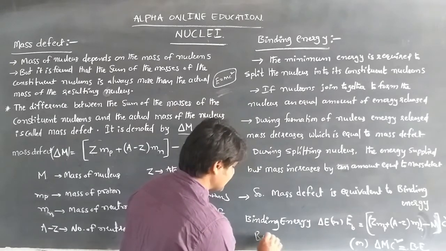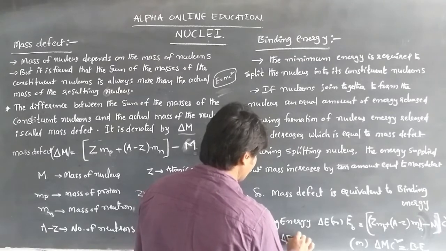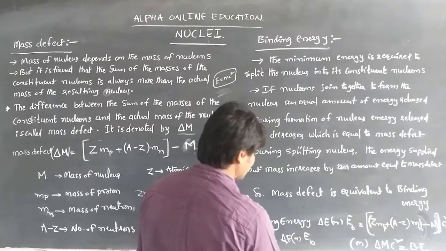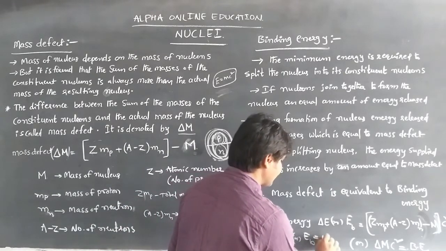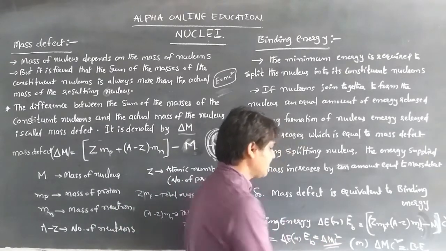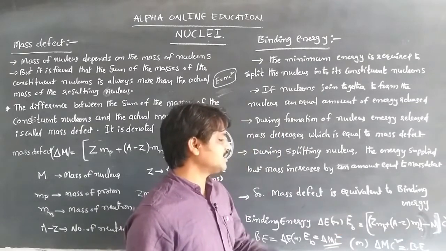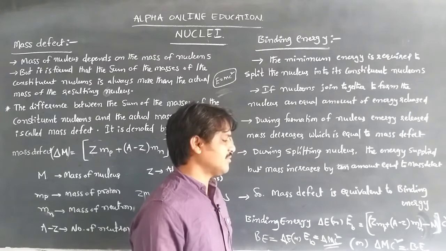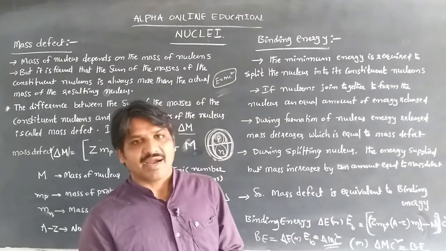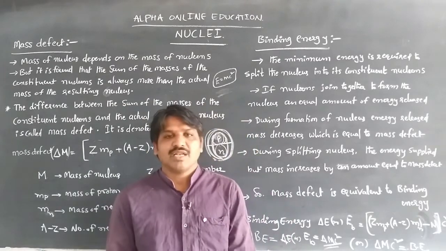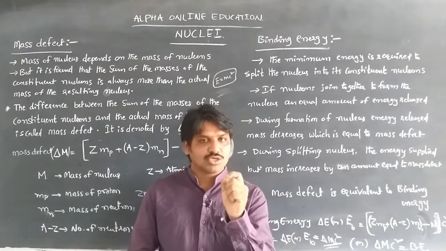The binding energy can be denoted by ΔE or E_B. So the binding energy is equal to the mass defect Δm·c², where Δm = Z·Mp + (A − Z)·Mn − M, the mass defect. So once again, the binding energy means the minimum amount of energy required to split the nucleus into constituent